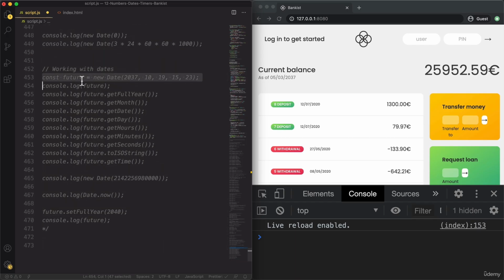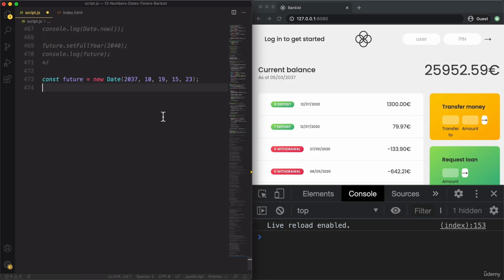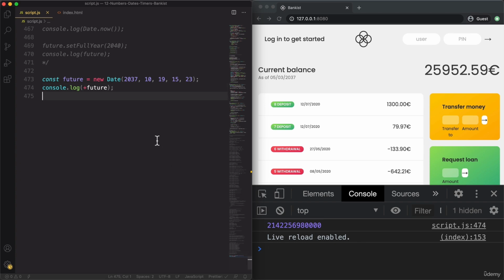So let's get this date here. Okay, and let me just demonstrate what I just said. So I will convert this future date to a number. So you see, it worked. And the same thing is going to happen when I use the plus operator on it. So in fact, that does mean we can now do operations with it. If we subtract one date from another, the result is going to be a number like this, so a timestamp in milliseconds, and then we can simply convert these milliseconds back to days, or to hours, or to whatever